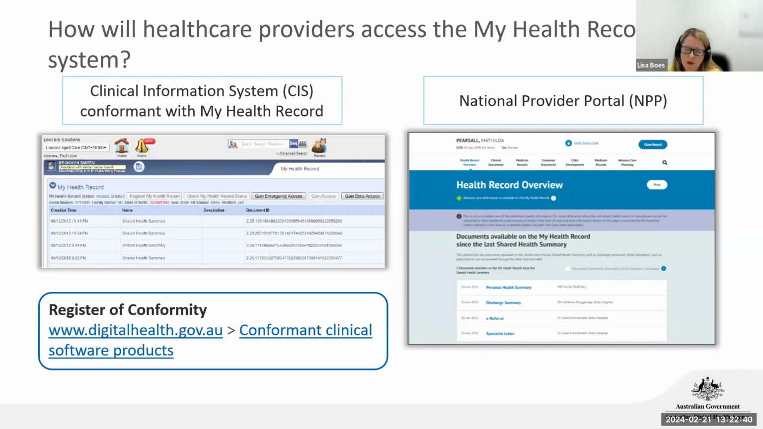However, not all software connects to the system. In these cases, your best option would be option 2, which is the National Provider Portal. This still allows secure access to a resident's My Health Record, but via a web-based platform. The platform's a read and download only option, and you can't upload your clinical data into the system in this way. If you're unsure whether the software your organisation uses is able to connect to the My Health Record system,